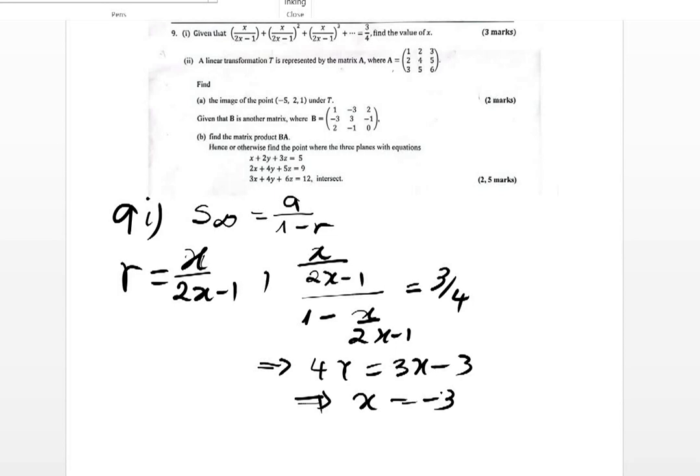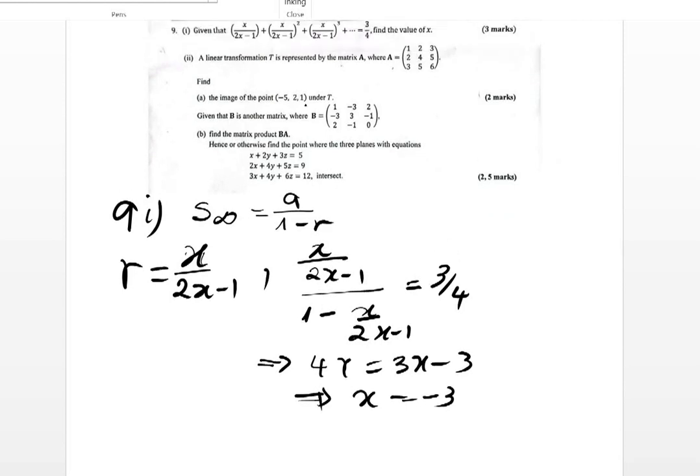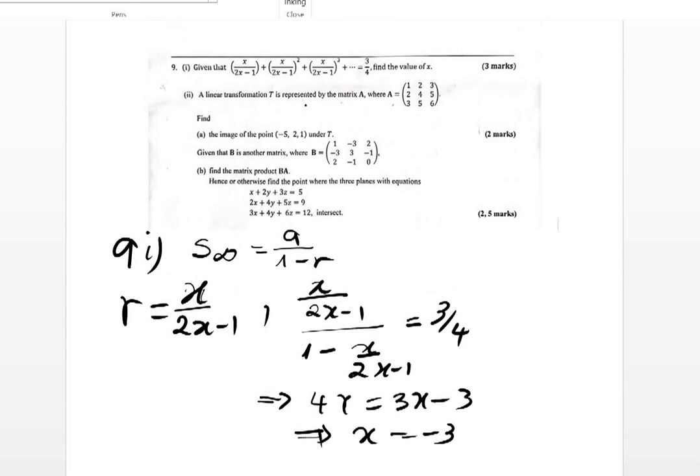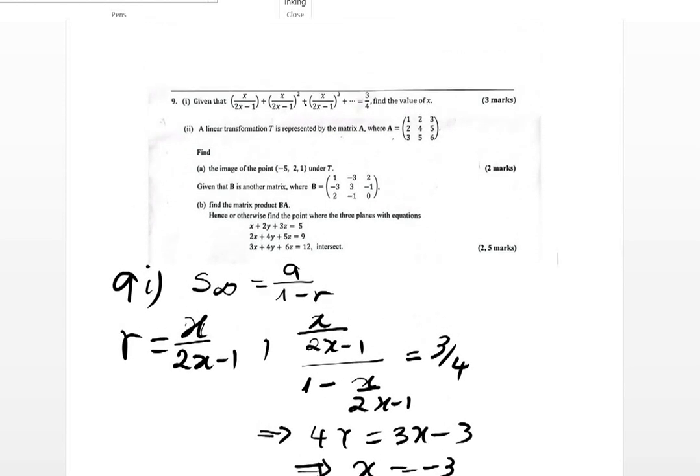Now, Roman 2, a linear transformation is represented by the matrix A, where A is that. Find the image of the point negative 5, 2, 1. The image of negative 5, 2, 1 under T means we are going to take, to answer that question,